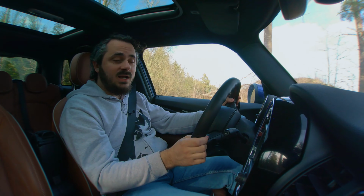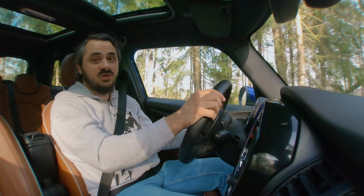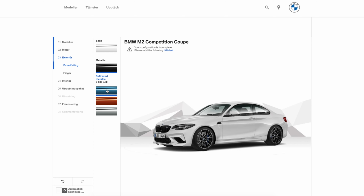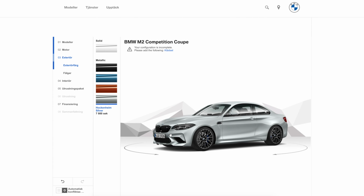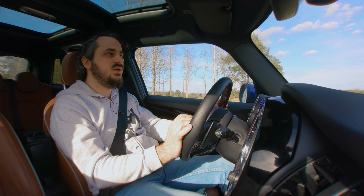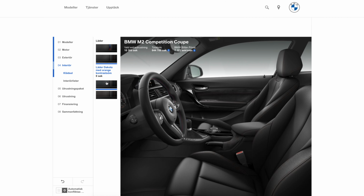Point number 4 on my list is also related to optional extras, but this time it's the lack of optional extras for the M2 Competition. Let me explain. When you buy the smallest M car in BMW's lineup, you don't have access to the same options list as the M3, M4 and M5. Now I get why BMW is doing this, to protect the M3 and M4 sales, but still,